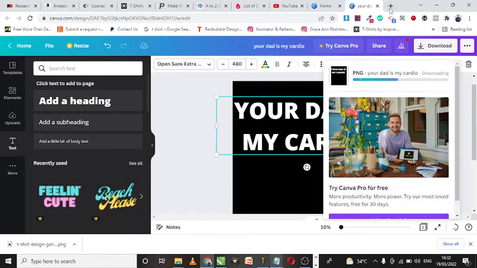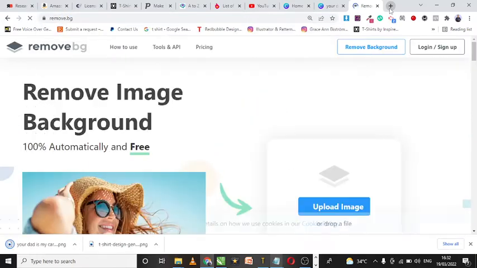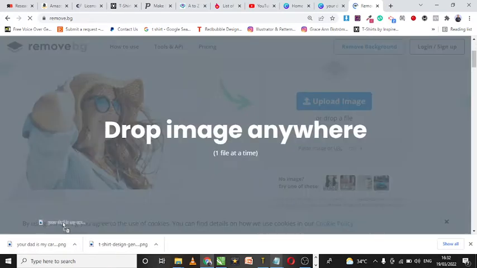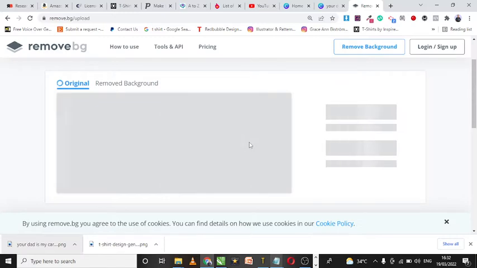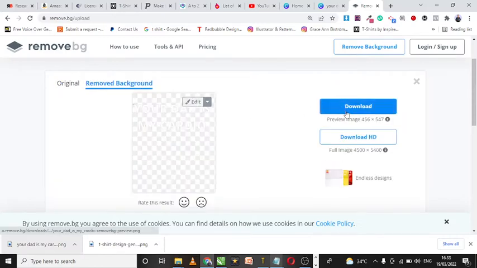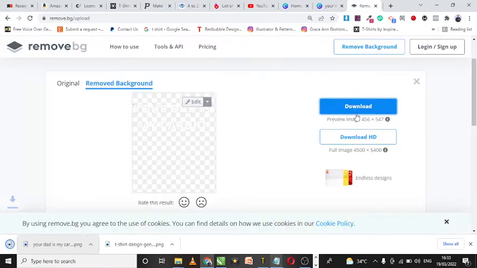While that is going on, I want to come over here and click on remove.bg. Now this is a site that enables you to remove the background from any design. So from here, what I'm going to do is just copy my downloaded design and place it on this background, and you can see it has removed it. Okay, I'm just going to download here, and now I'm going to take this to my editor,